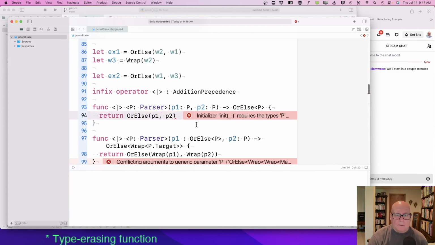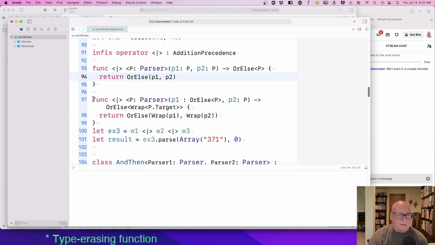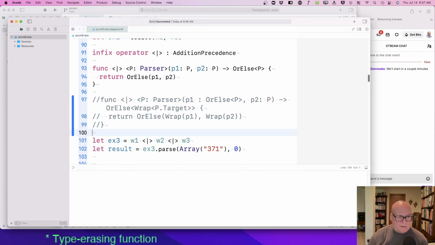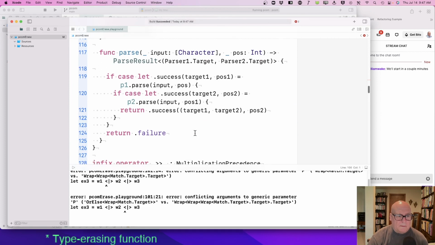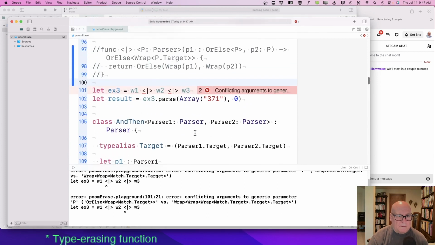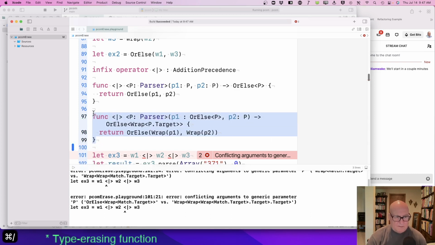Okay. OrElse P. Let's take out this one because I don't think it does anything. Oh, does it do something?